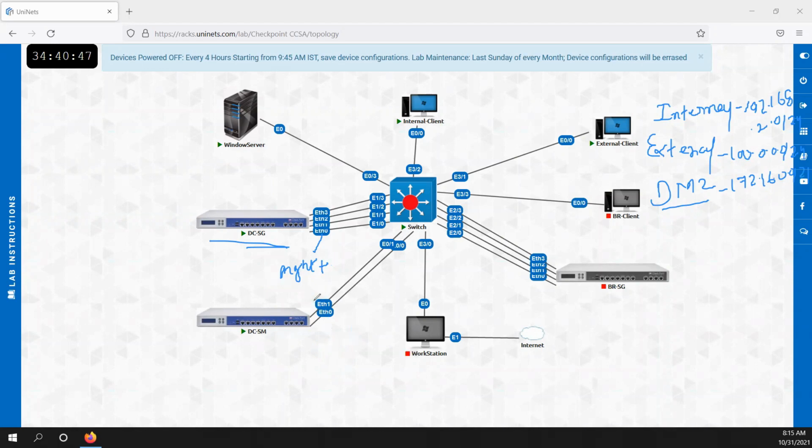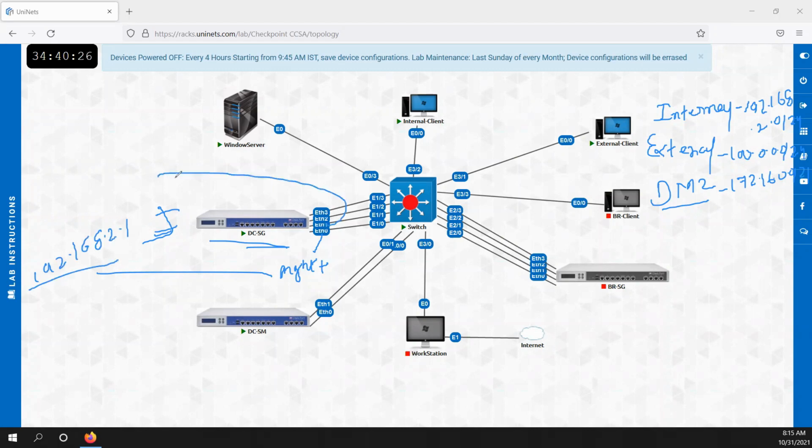Now the IP schema. The first IP from each subnet I would use on the firewall side. For example, for internal, I can use IP 192.168.2.1. This is the first IP.